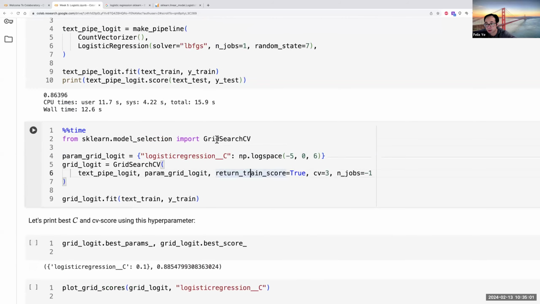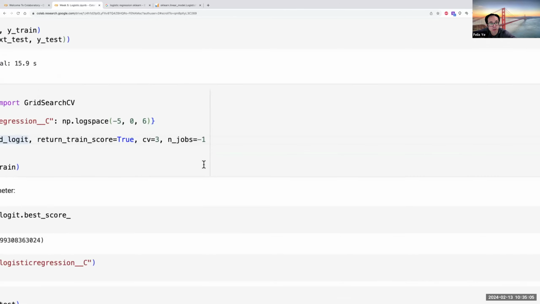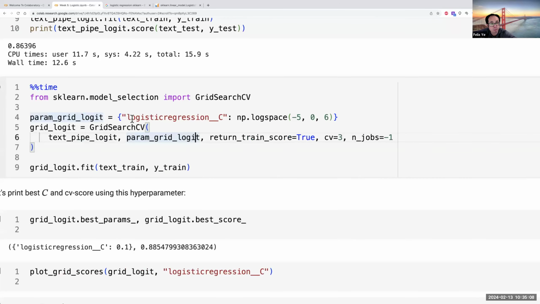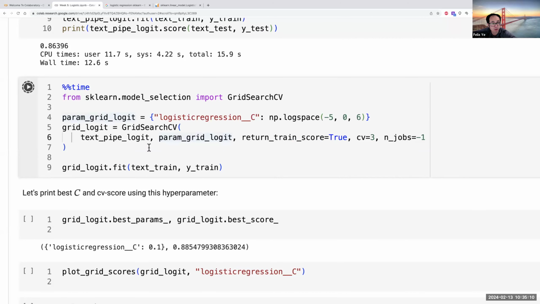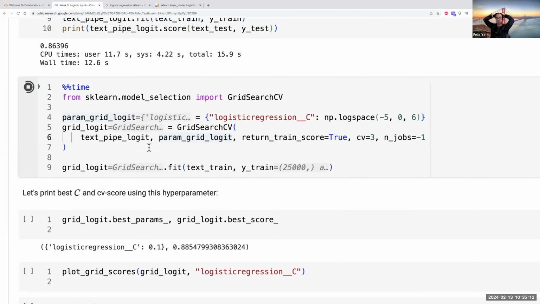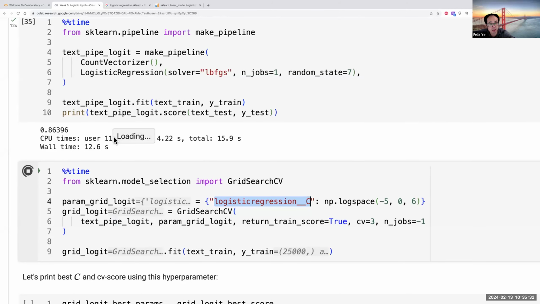So this is obviously a very important component. So here is the way to do it. The first thing that you need to set up is your parameter. So your parameter here is, I'm going to plug in a logistic regression. So basically, I'm going to do the cross validations